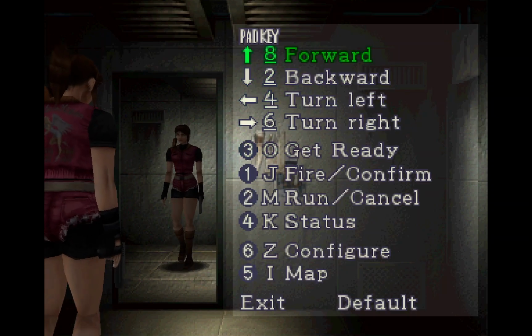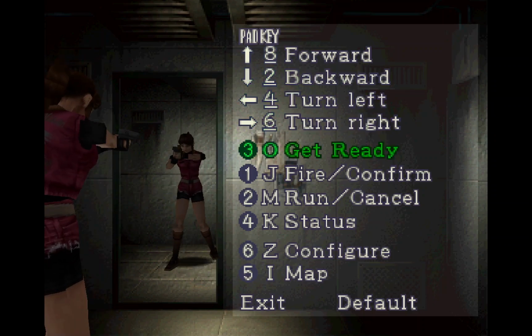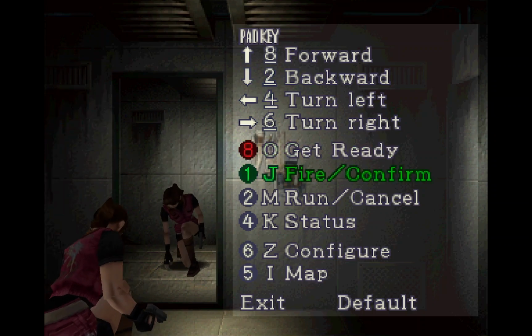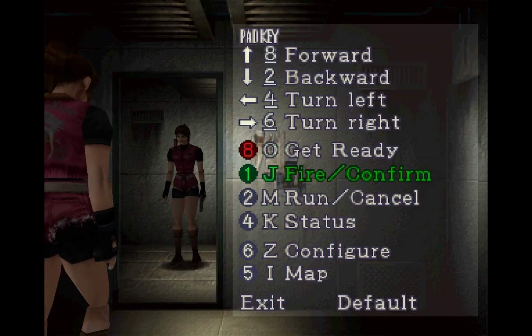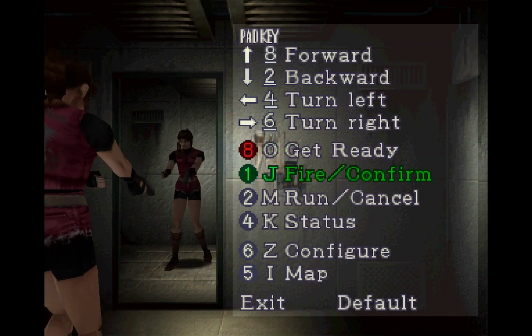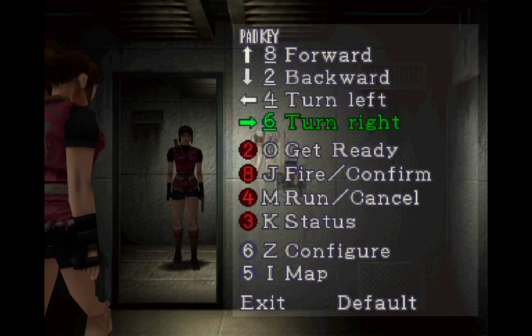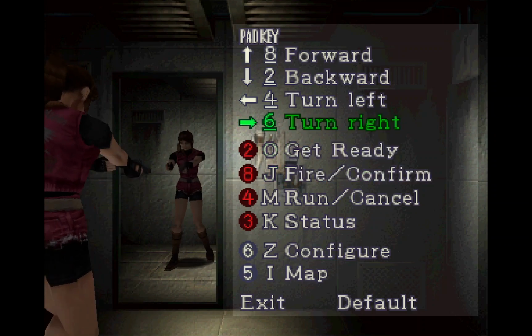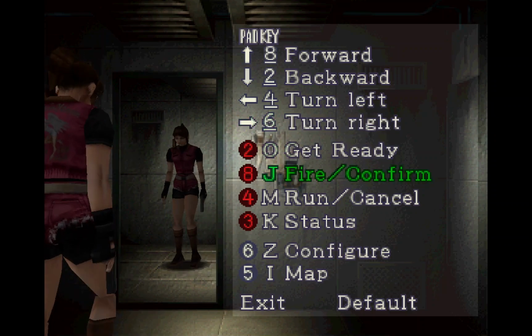Now, if you're using a controller, it's impossible to change the movement directions, but you can change everything else. So get ready, R2, fire slash confirm, square. Actually, it'll change as soon as you press a button here. So just use your left analog stick or D-pad to go up and down here, and then just press the button to map that button